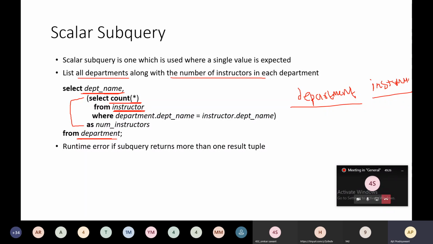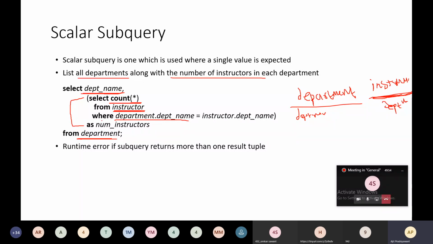And from this instructor relation, we want the department name and the instructor's department name to be the same. Whatever department name is present over here and the department name present in the instructor should be the same.